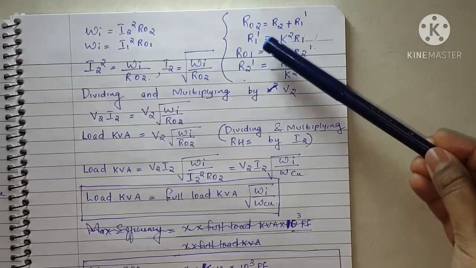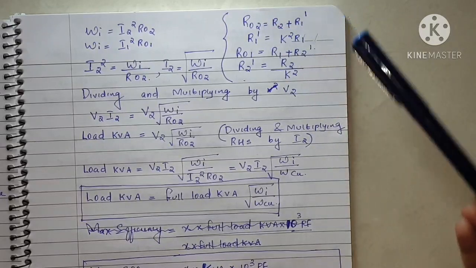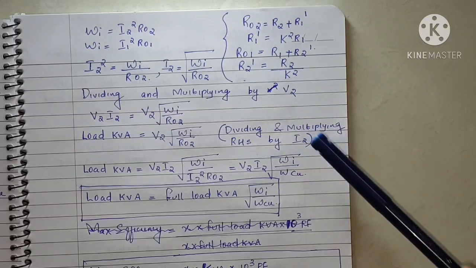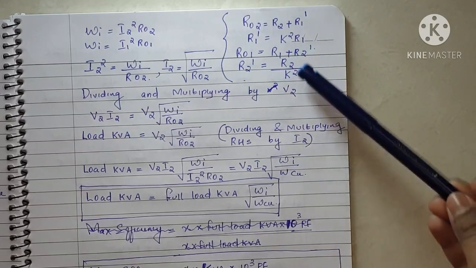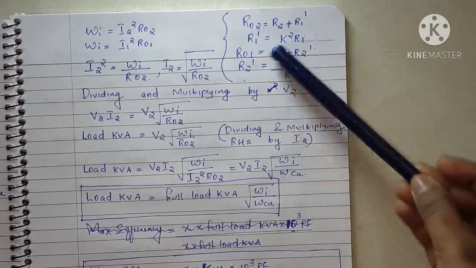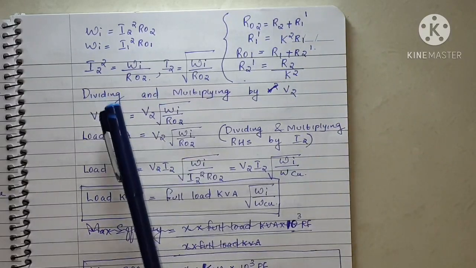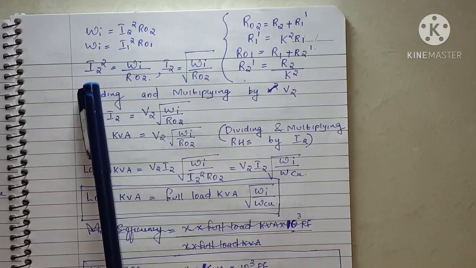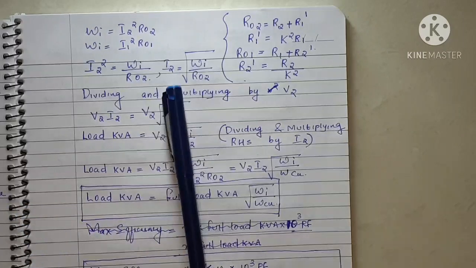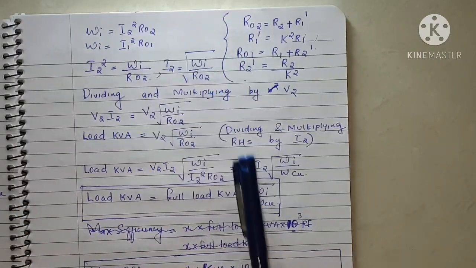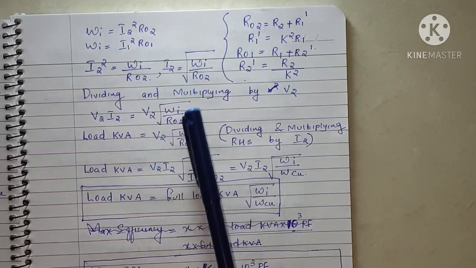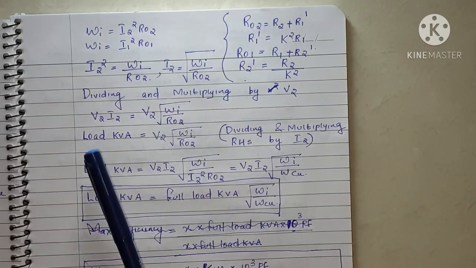So this R02 is nothing but R2 plus R1 dash, and R1 dash equal to K square R1. R01 equal to R1 plus R2 dash, and R2 dash equal to R2 by K square, which we already discussed. So from this we can write I2 square equal to Wi by R02, and I2 equal to root of Wi by R02. Dividing and multiplying both sides by V2, we will get